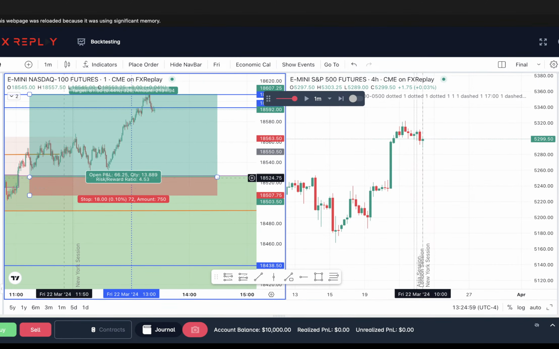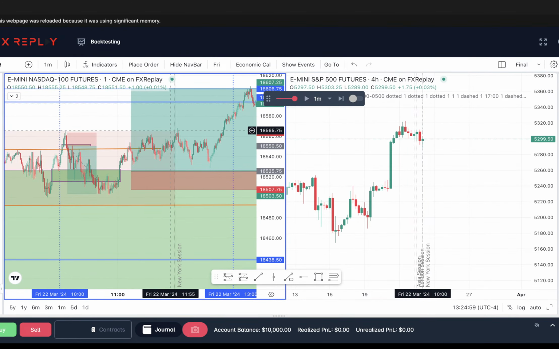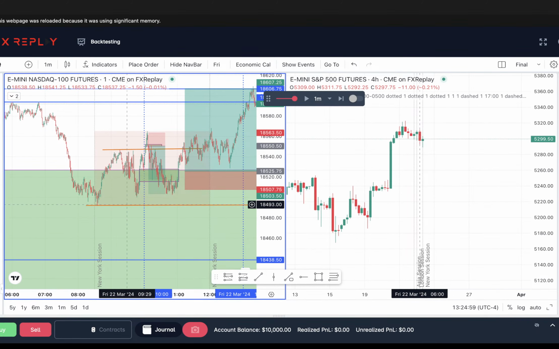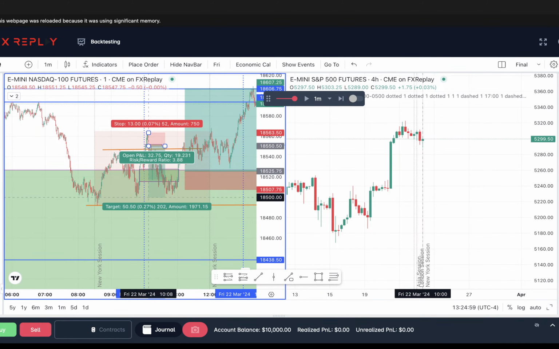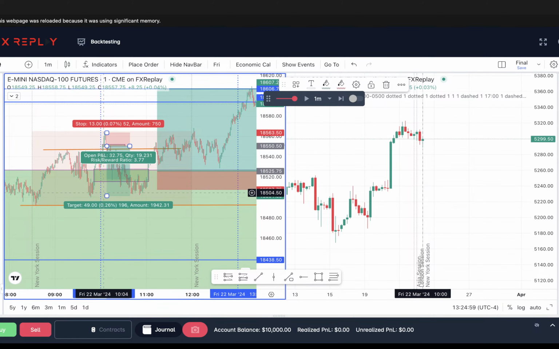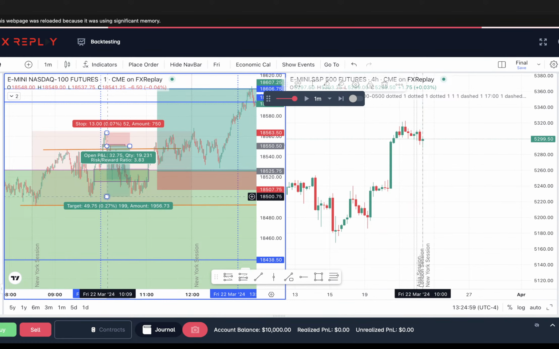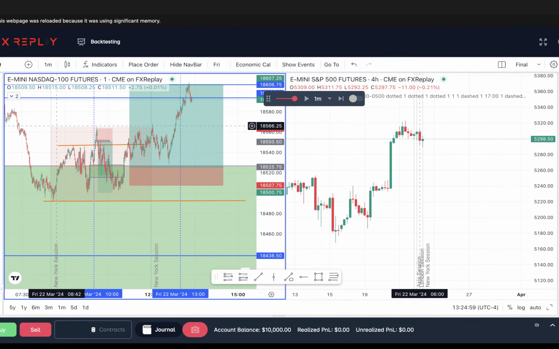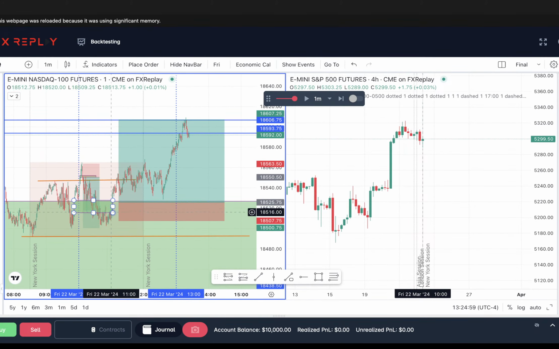However, I want to let y'all know that we had two good options today, and that was fine. It wasn't going to this orange candle, so I get that, but it did come down and sweep a little bit. I mean, it didn't come down to this one either. So you would just have to be ready to take your losses, I mean, cut your gains by a few ticks, but still a good sell trade. And then a beautiful 10 a.m. reversal for the big trade of the day off of this 4-hour fair value gap.